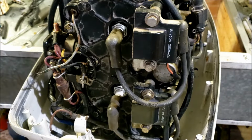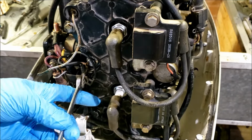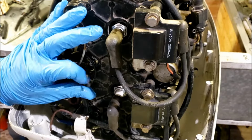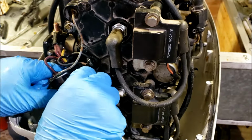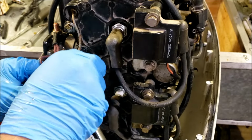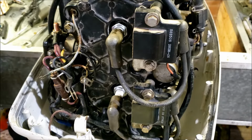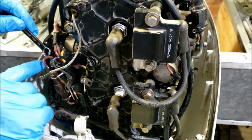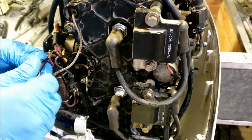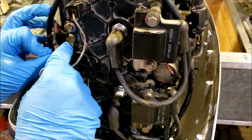This isn't necessarily hard, but if you've never done one, I get some questions on this, and I think a lot of it is just overwhelming a little bit, if that makes sense, because people don't quite know what they're up against and they don't want to mess anything up. So outboards are pretty not standard, but they're pretty standard, because the coloring on this is the